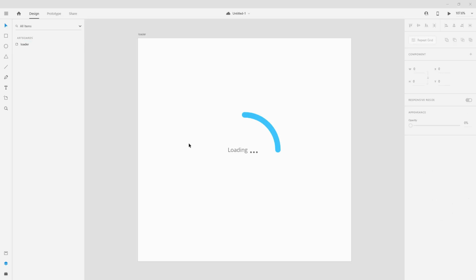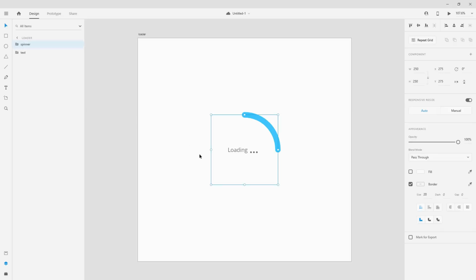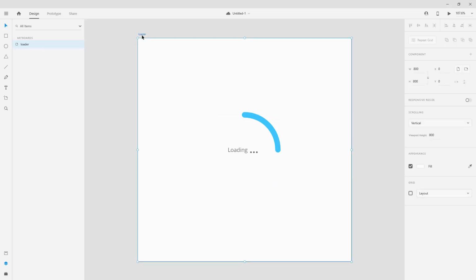Now it's time to animate them, and you can't really do this with components because for the master component, when you want to send it to the state number 1, you cannot do it at the moment using time trigger, and time trigger is what we are going to use in this example, so that's why we need to duplicate these artboards. Now to do that, simply select the artboard, hit Ctrl D,